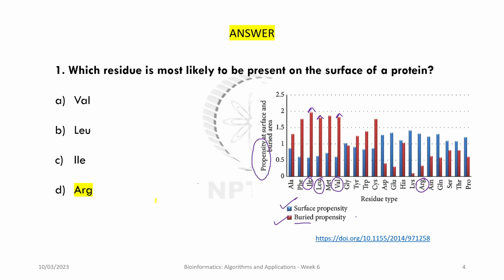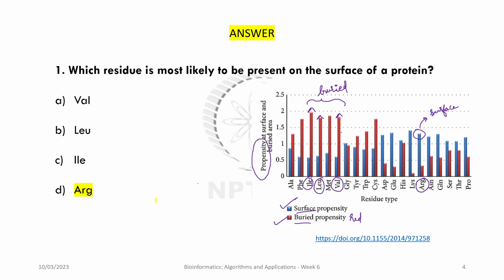So buried is shown in red and surface is shown in blue. So this has a more propensity to be on the surface than these residues, right? So the answer is